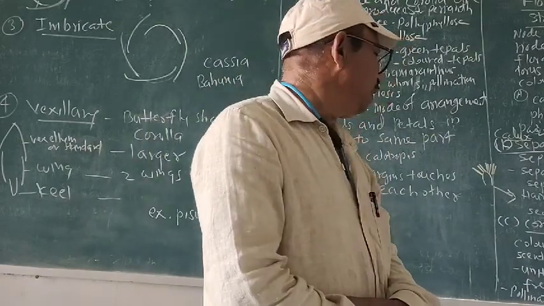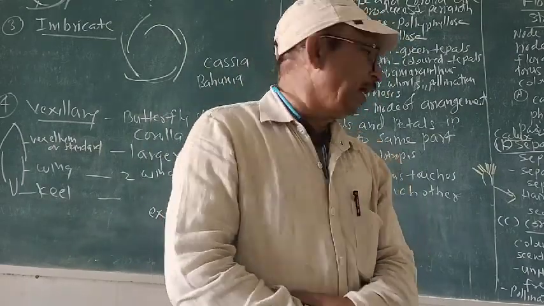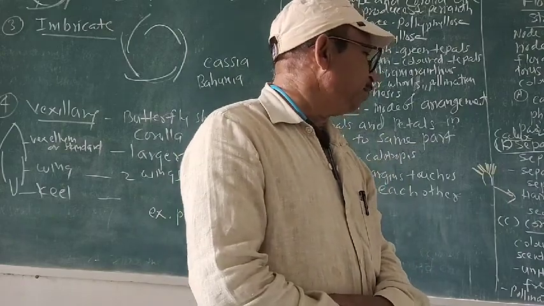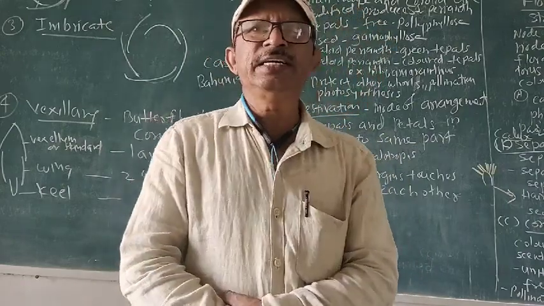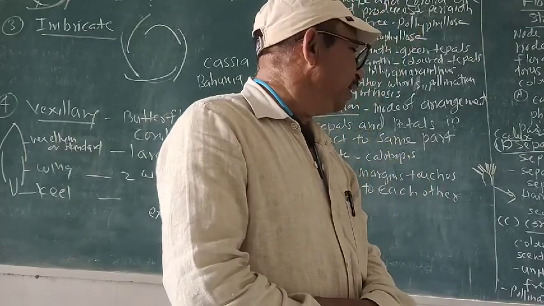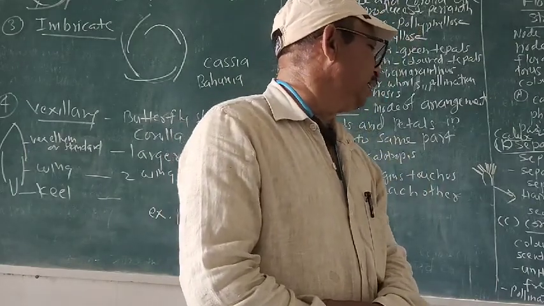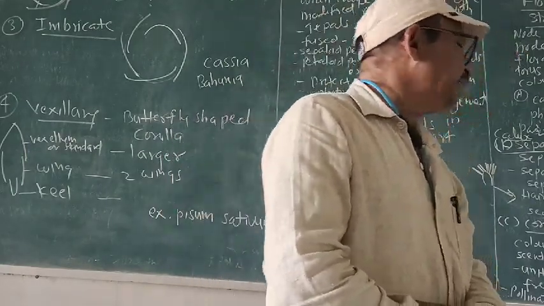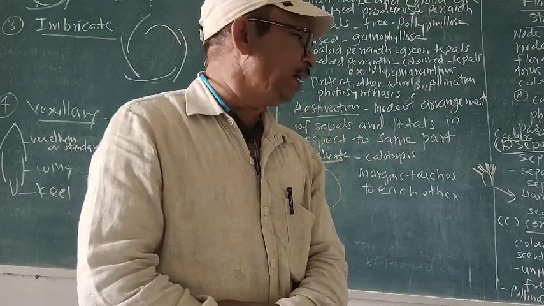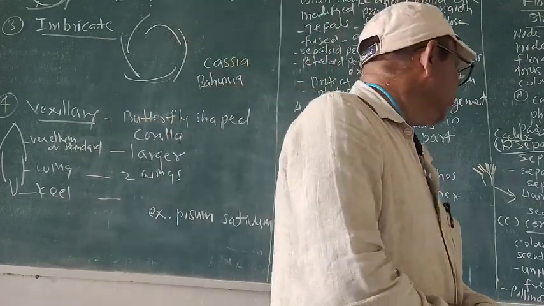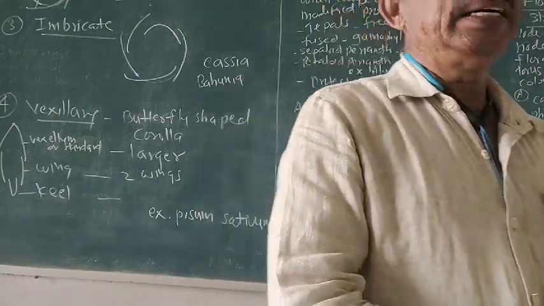They have aroma. They have fragrance. And we know that when they are united, that is the gamopetalous condition. When they are free, it is the polypetalous condition. In the gamopetalous condition, rose is an example. In the polypetalous condition, here dhatura is the example.